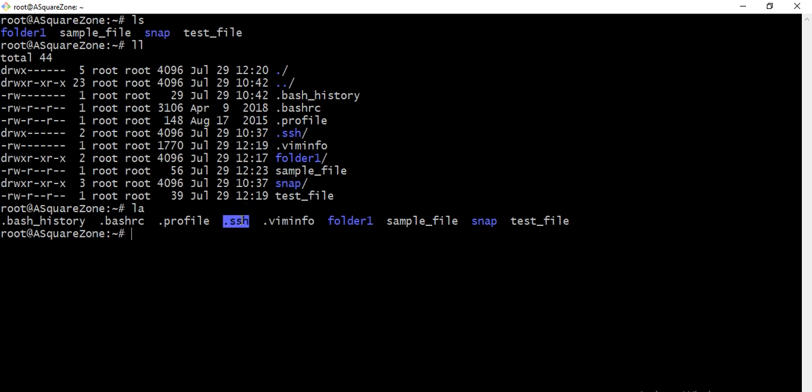So la means list of all directories and files, either hidden files or normal files. And ll gives the permissions and the users list as well, and when it was created, including time. It shows all the details.